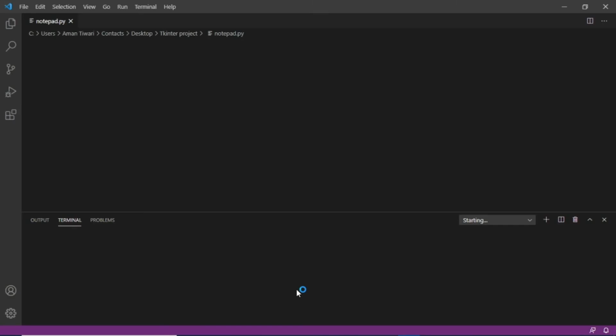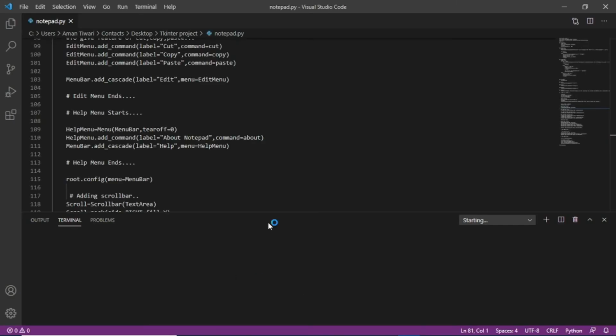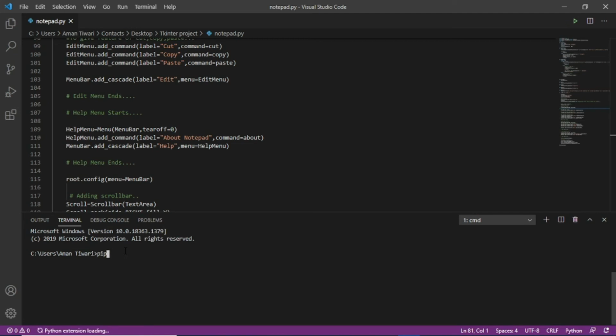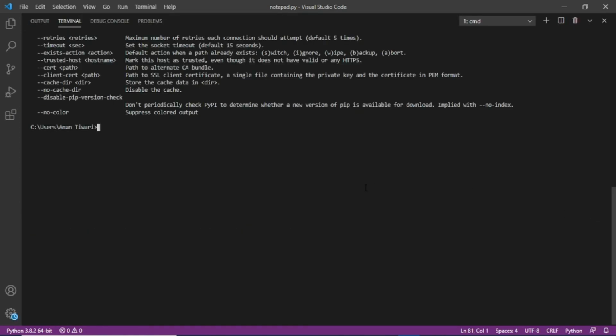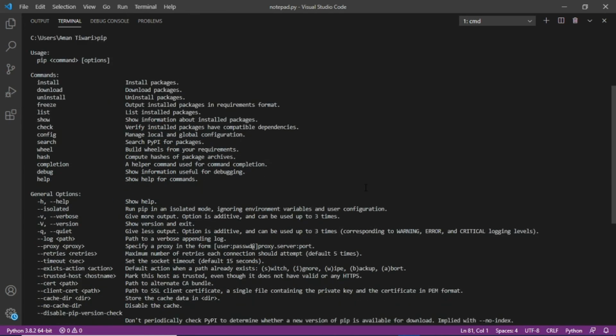It takes a few seconds to open. Here type pip, then enter. Python extension is loading. Okay, so you can see our pip is working properly.